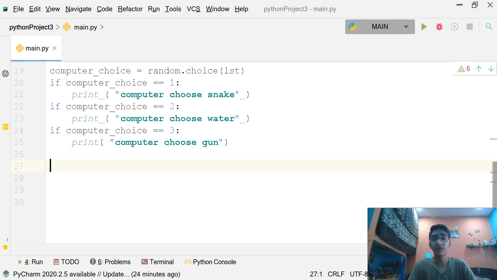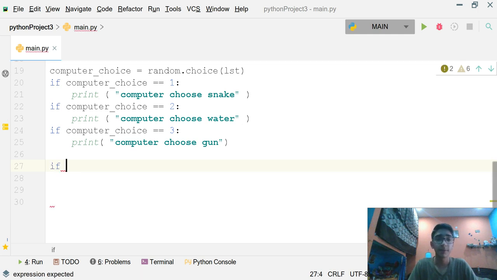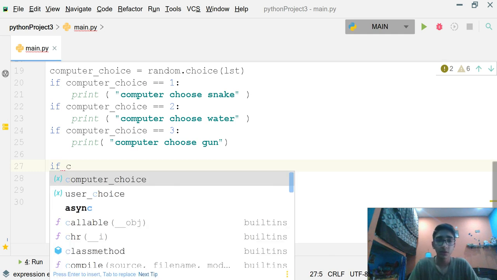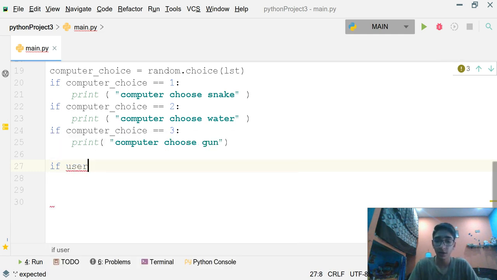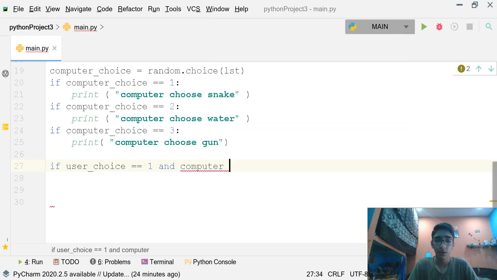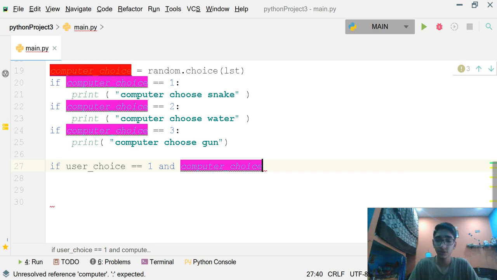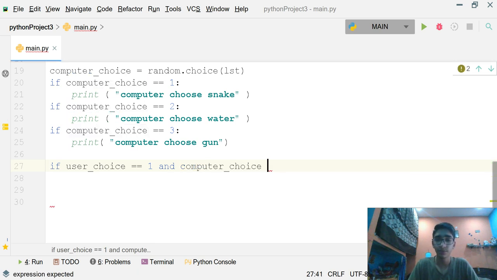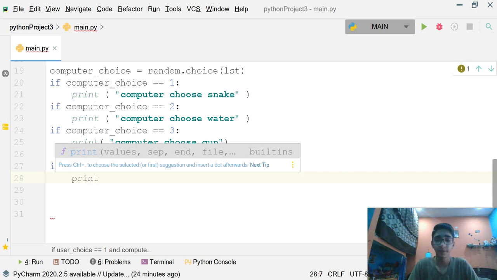Now what we are going to do is that if user_choice equals 1 and computer_choice equals 1, then print "you both won".